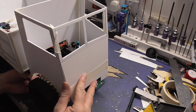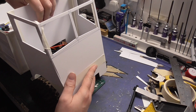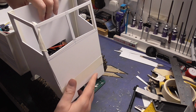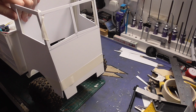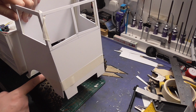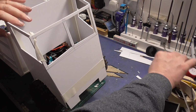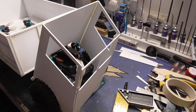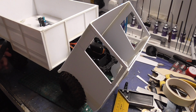Now I've got the cab very loosely tacked together because it's not important totally, but what it is trying to do is get a height to line up, how much clearance I want here. Remember, I've got to allow an extra 2 millimeter for wheel arch. I'll try and get the rear into view. So the rear, we've got,